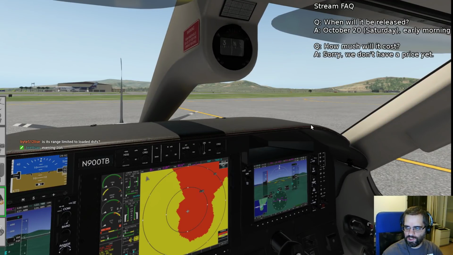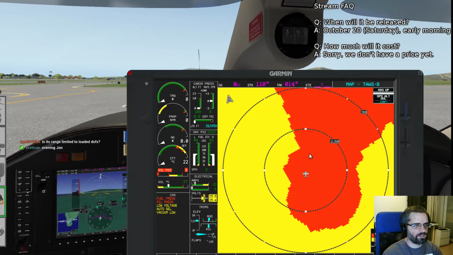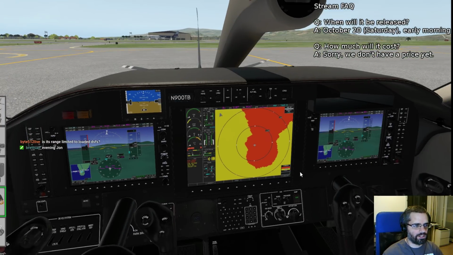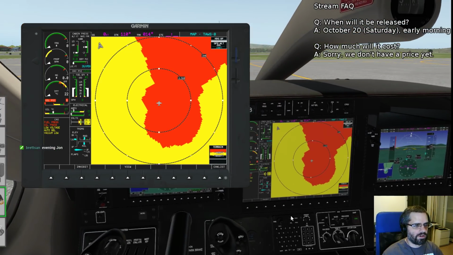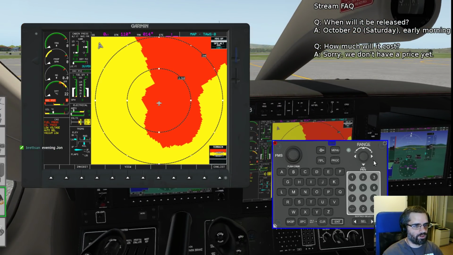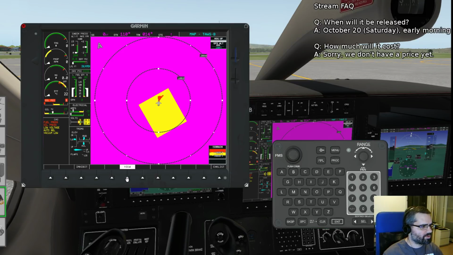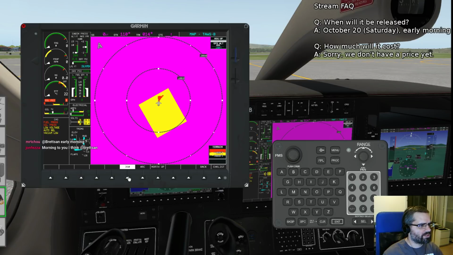Yeah, no, it's byte 512. It is not range limited to loaded DSFs. It actually uses its own multi-threaded DSF loader internally, and so it can render out to any distances. Basically, an arbitrary distance is representable in this system. So if I take the range up here, I can take it out to 200 miles. If I switch it over like that, you can see, yeah, we got basically about 200 miles of range here